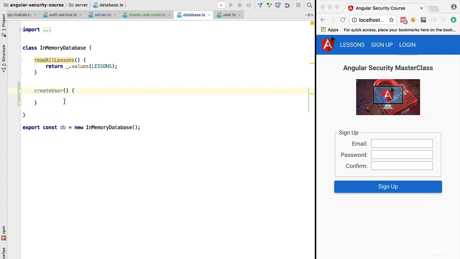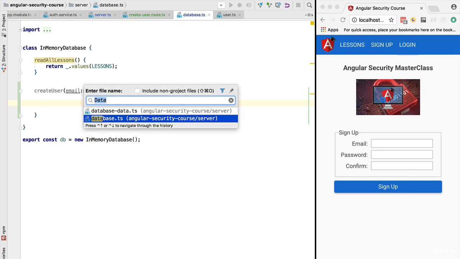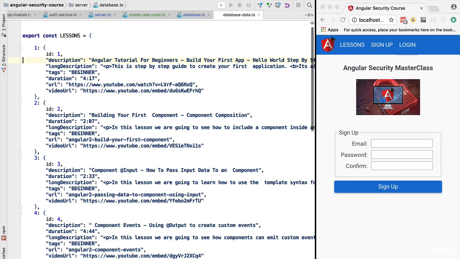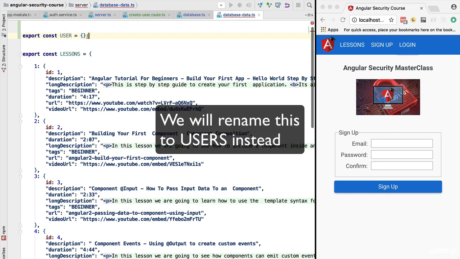So this will receive the email and the password, and using the email and the password we are going to be creating a new user and we will be adding it here to the database data file. So right now here we only have the list of lessons. Let's quickly create here another constant that will be the place where we add and remove users. So in future lessons we are going to have here a couple of predefined users. Right now we are going to define this as an empty object,